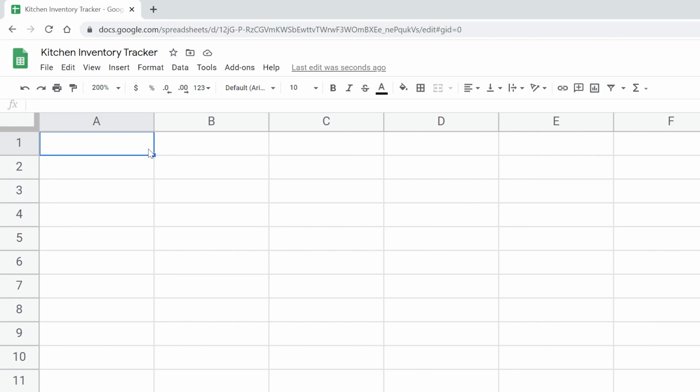automatically saved as well. Now I know I named the file, but let's also name the little table in here. So let's say that what we're going to do, this is our pantry inventory. And hit enter when you're done. And we're going to end up just adding kind of a table of inventory that takes up about this range here that I'm highlighting with my mouse. And we'll just start in the upper left-hand corner.